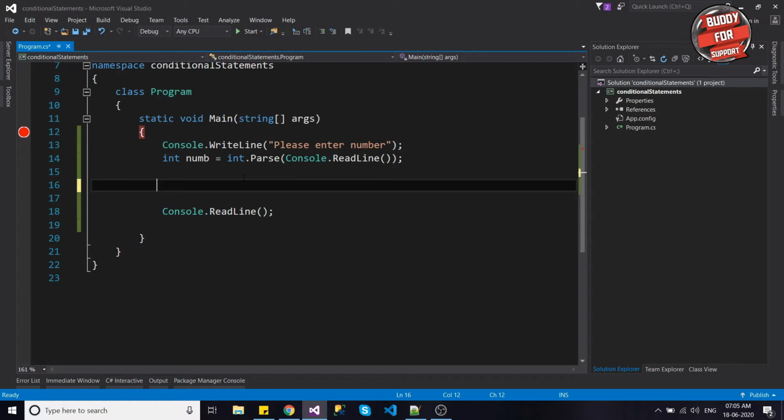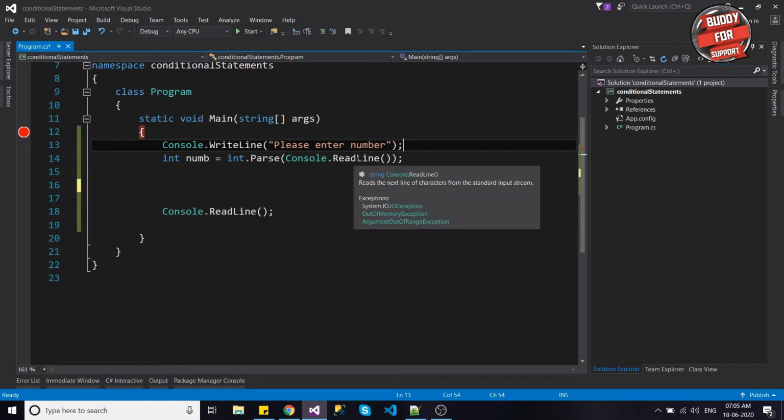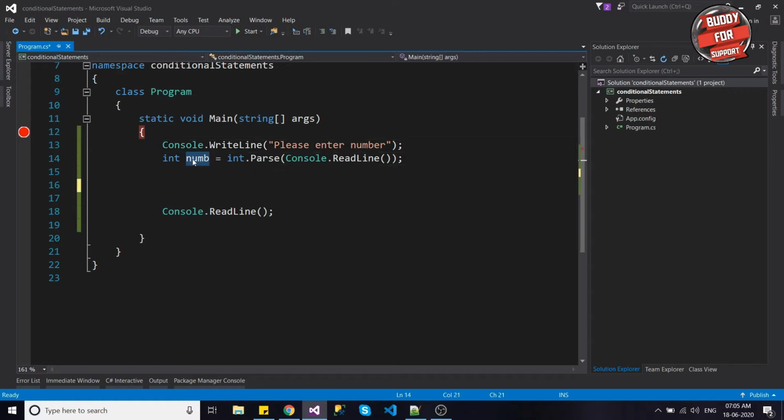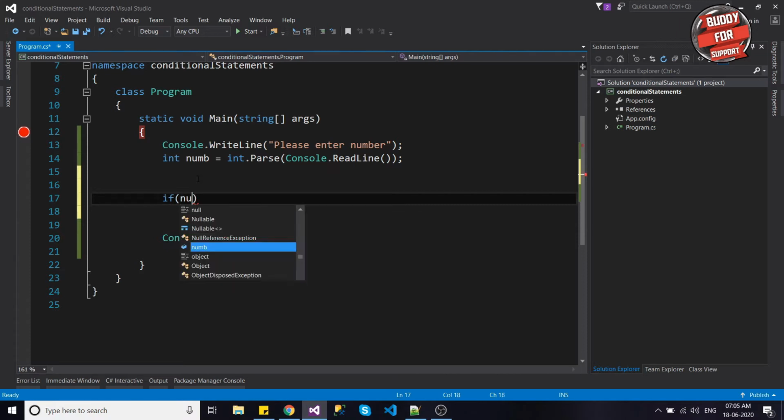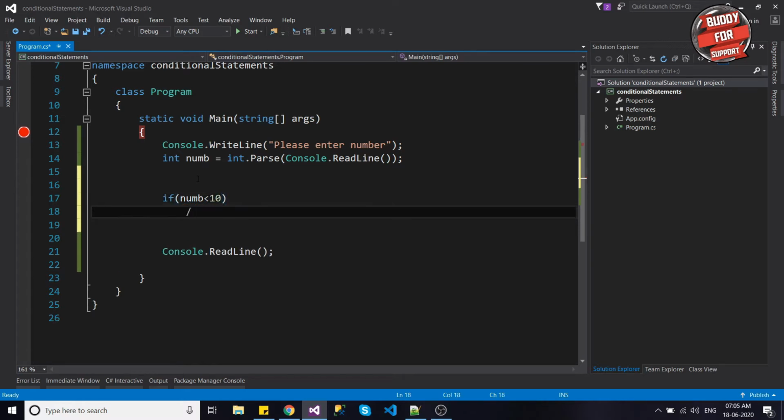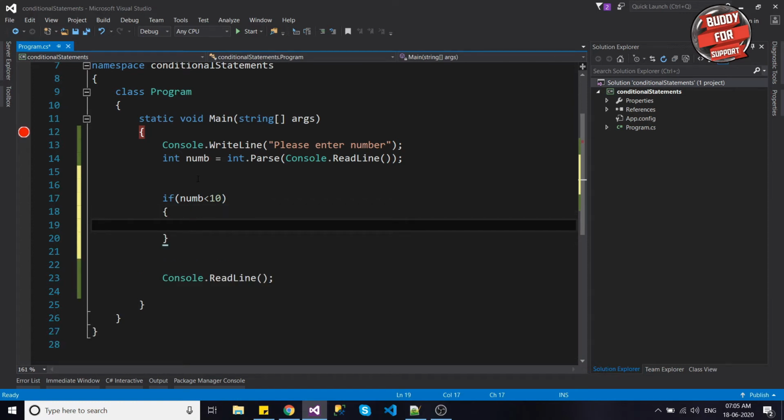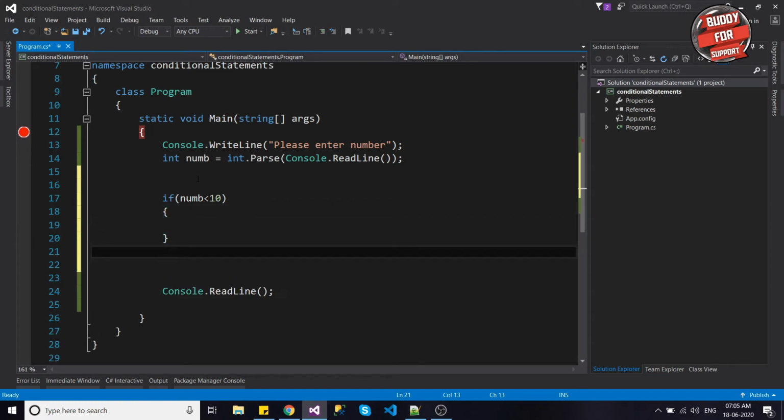Let's type in the message, and in this I'm using the variable where I'm asking the user to enter a value, and here in the next line I'm reading the value from whatever the user has entered in the console, and we are storing the value to the num variable. And let's have our condition: if number is less than 10, then let's have one condition: if an entered number is less than 10, let's print